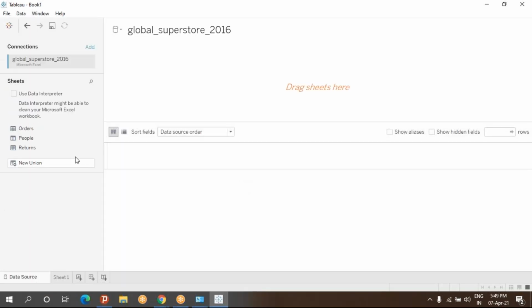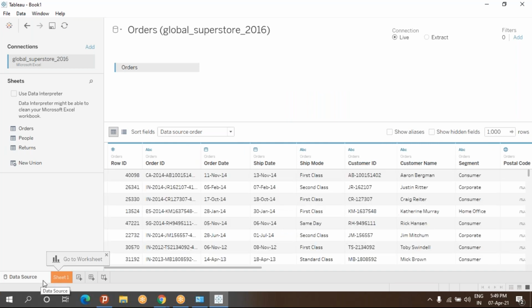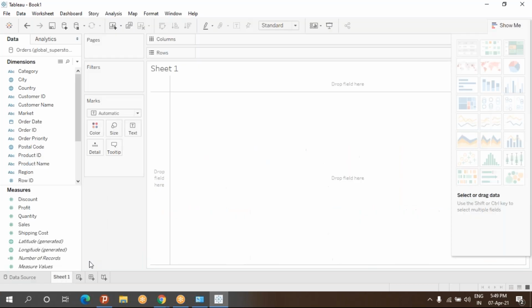The data is getting loaded. Let's take Orders and go for sheet view. We entered into the sheet view, and everything is coming here.